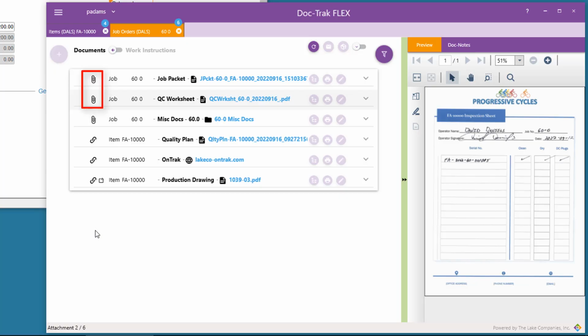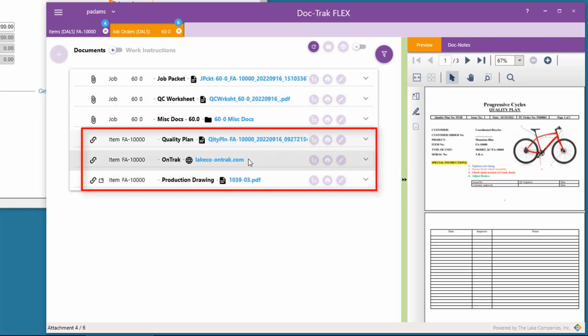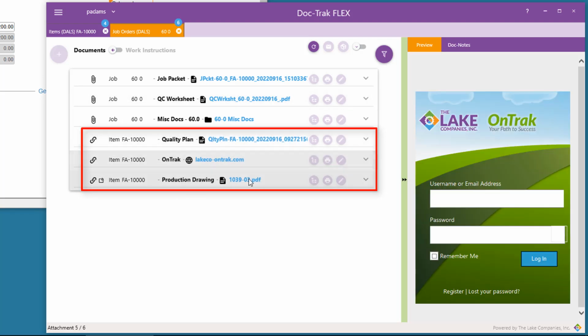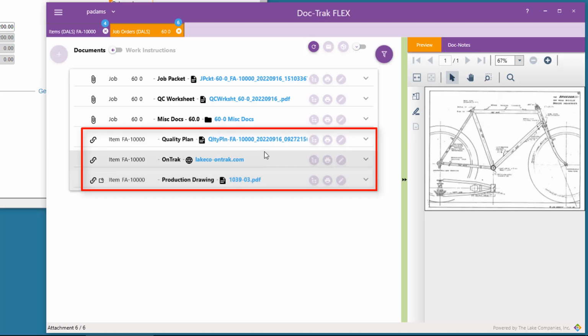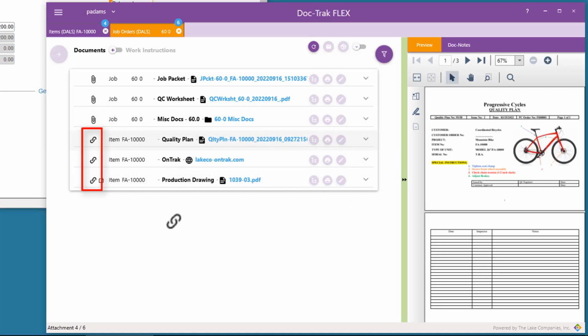Both are standard direct attachments to this job. But down here, we see 3 of the same attachments we saw on the FA 10,000 item record. Instead of a paperclip, though, these attachments have a chain icon. That tells us that these are indirect attachments.